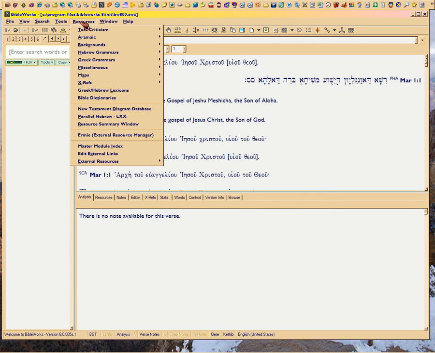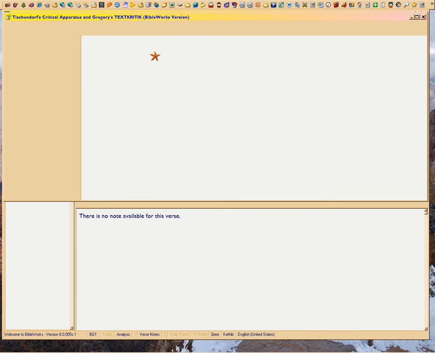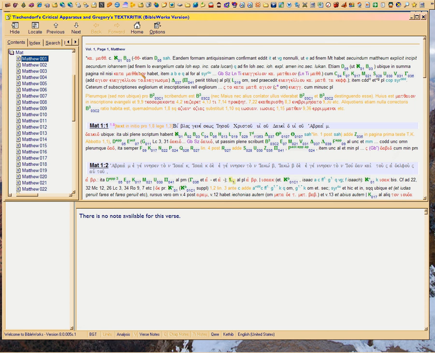We're on resources. The first one is Tischendorf. This is what they do in textual criticism, where they collate a bunch of manuscripts together and show what the spelling differences or word differences are among the copies. This guy, Tischendorf, lived in the middle 1800s. And all these green numbers here are names of Bible manuscripts, originals. We have thousands of them, so many that they have these little key names.